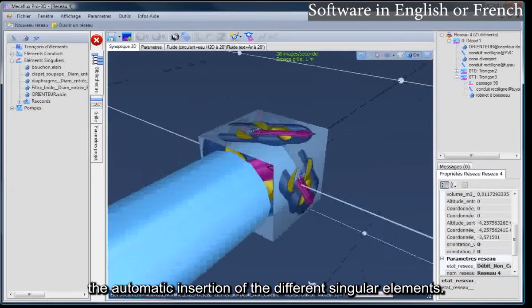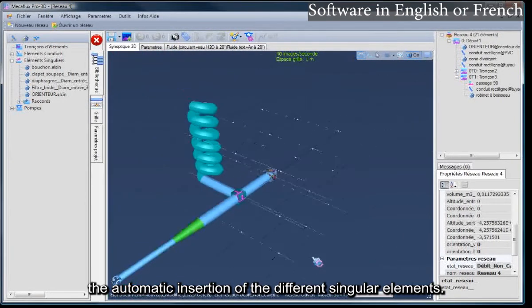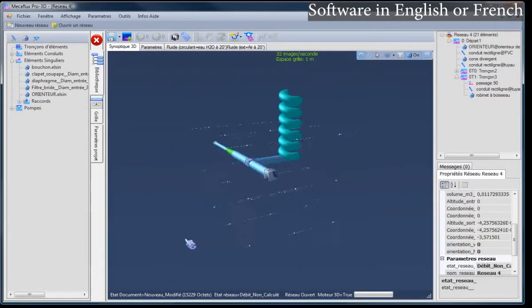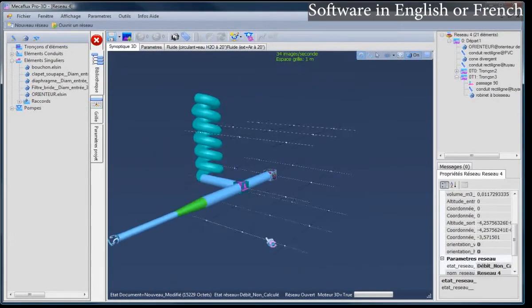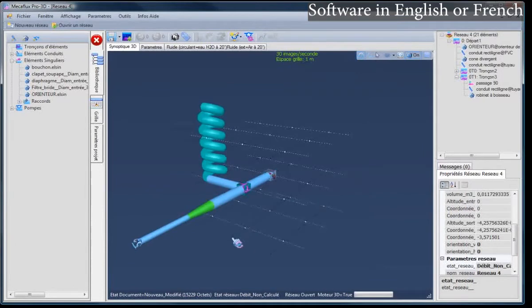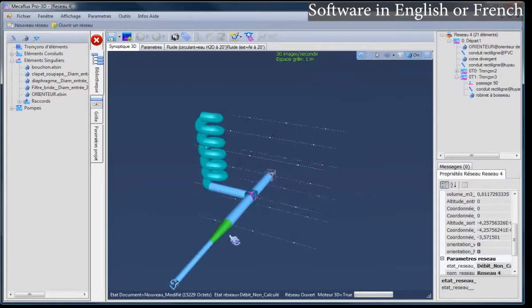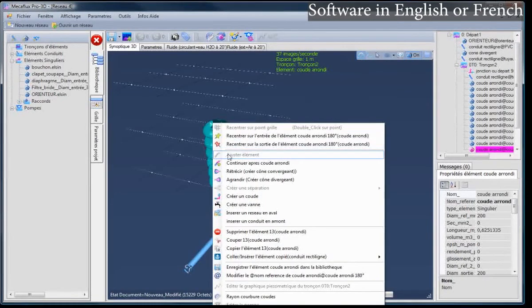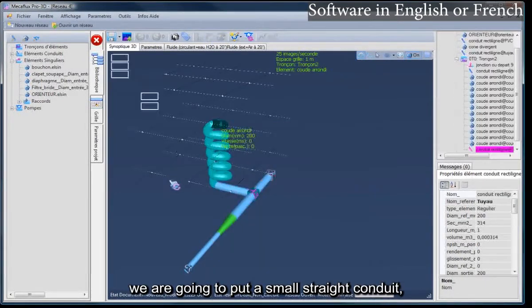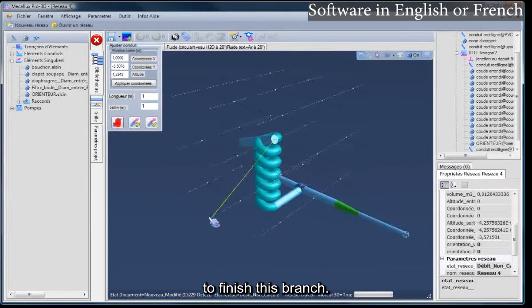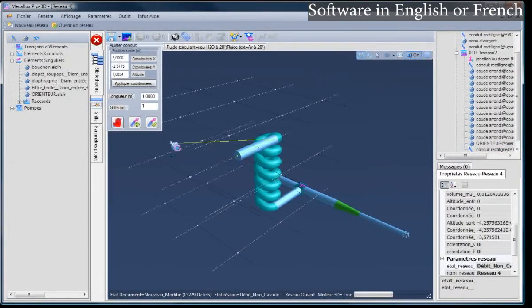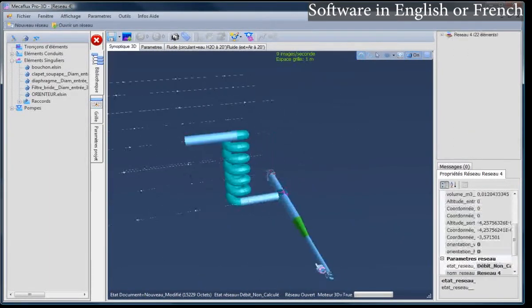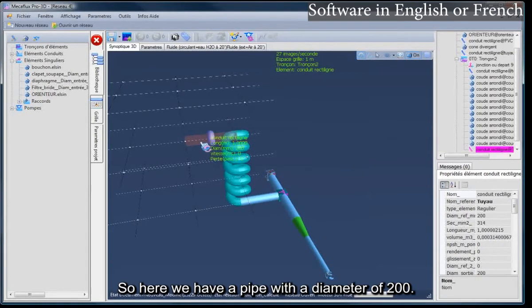So much for the automatic insertion of the different singular elements. We are going to put a small straight conduit to finish this branch. So here we have a pipe with a diameter of 200.